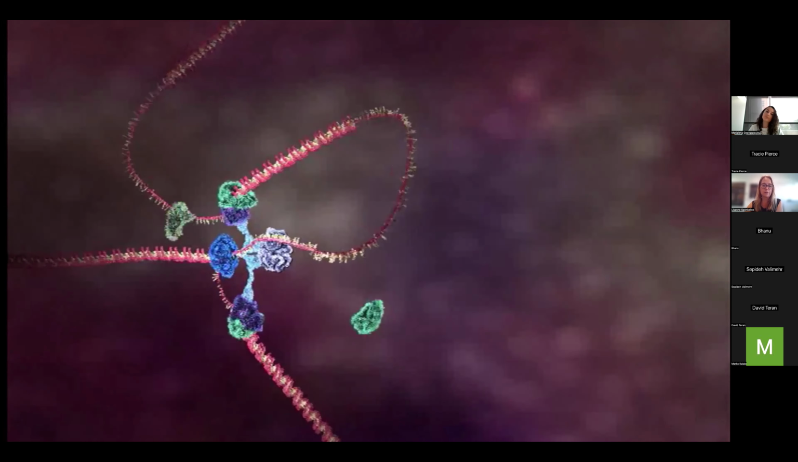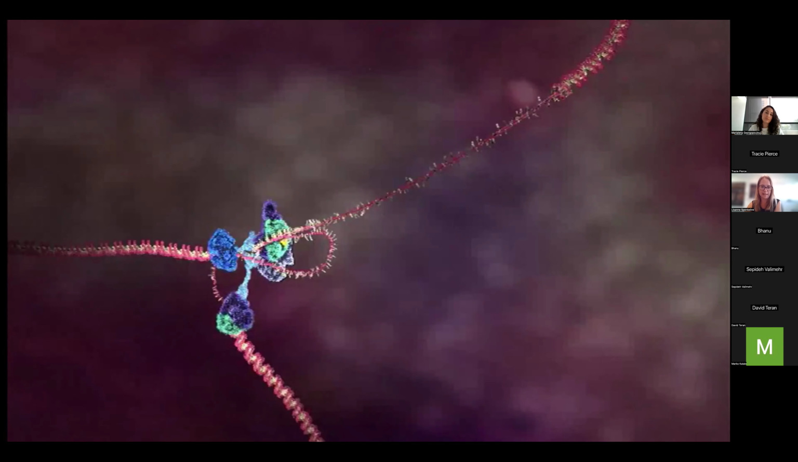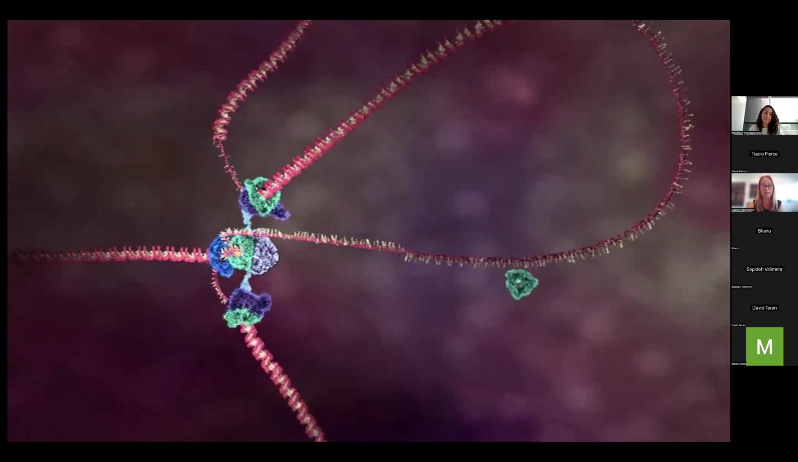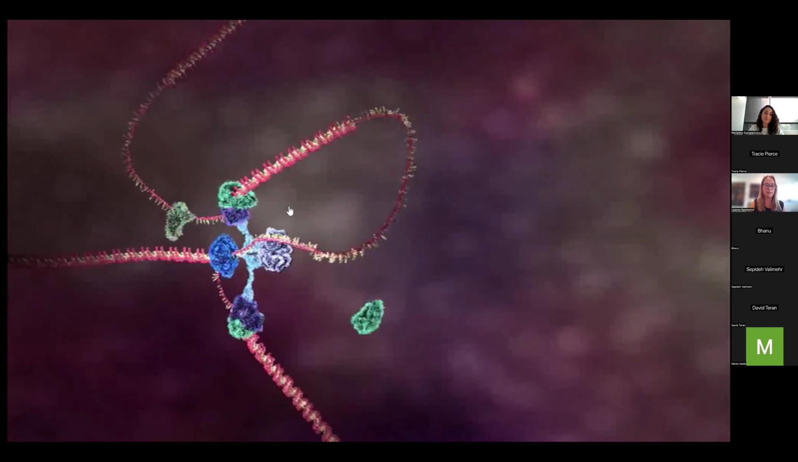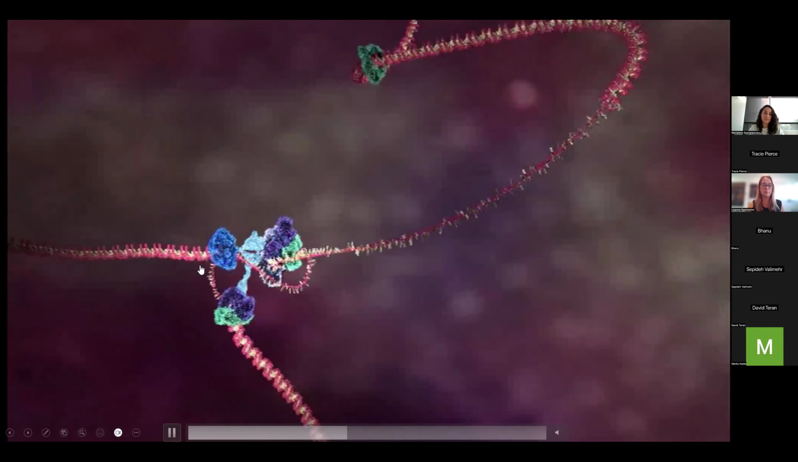So I think a lot of you have probably seen this movie. It was made by Drew Berry more than a decade ago now. It is an animation of the E. coli replication system, or the E. coli replisome. And what you see on the left-hand side here is your parental double-stranded DNA being unwound by